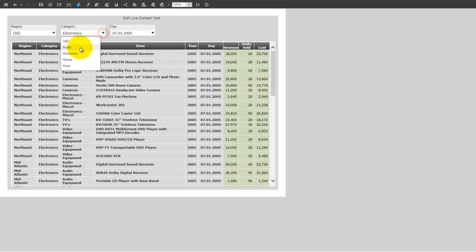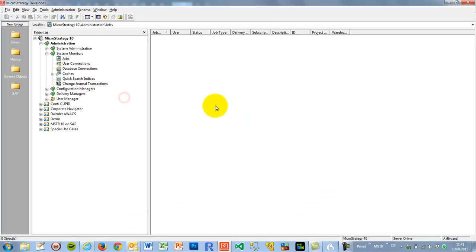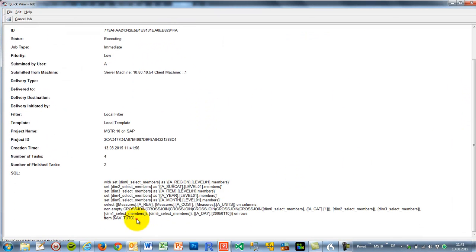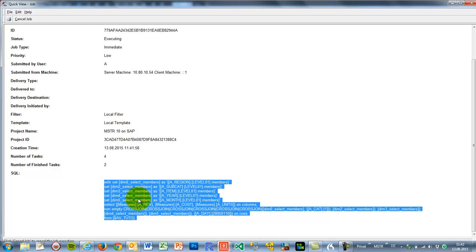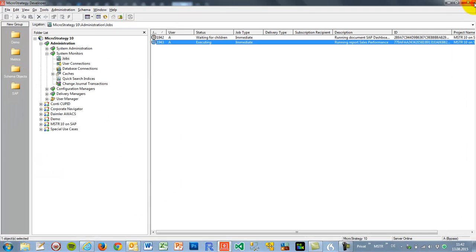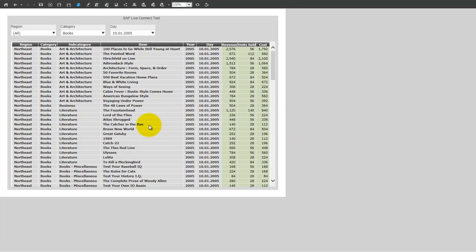So this means that the selectors you see here are not working in memory, as MicroStrategy does in a traditional way. In this situation, the selectors work directly against the MDX statements that run in SAP BW. And here you can see our updated MDX statement, and you can see the part of the MDX statement that is responsible for the filtering of the data in SAP BW. So in that way, MicroStrategy works like, let's say, BEx Explorer, and can work much more efficiently against